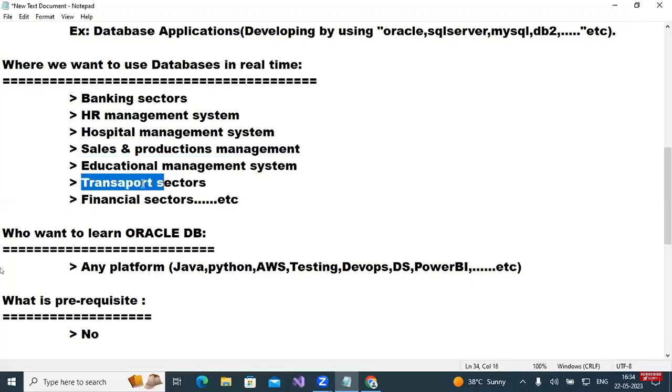Okay, and even in transport systems or sectors, if you go to travel, nowadays we are booking online tickets, yes or no, even bus tickets, airlines, or we can go to the railway IRCTC website, or some travel websites. Nowadays we are booking bus tickets and so on. So what is being maintained here? Data and information, because the passenger details, the passenger from where to where, these kinds of things